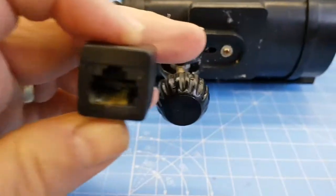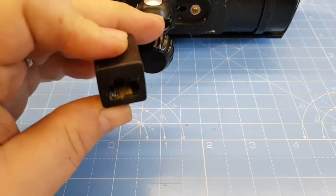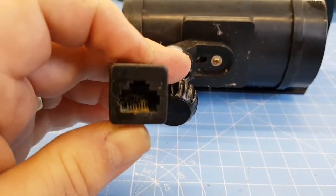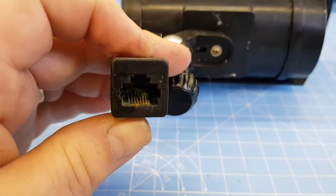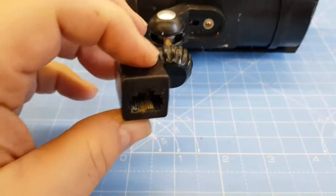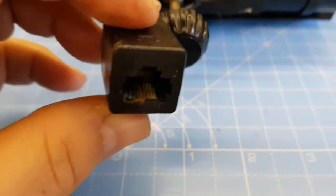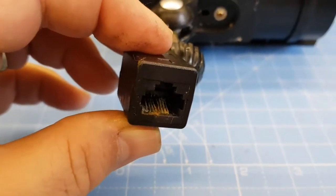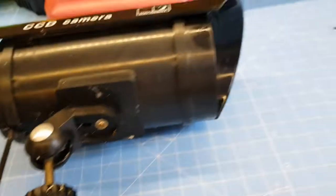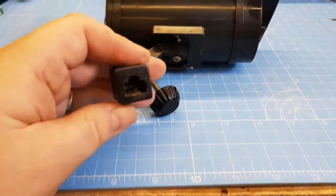And you can see inside the socket, if I can get this to focus, see all of the corrosion in there? Yeah. I think I've caught this in time. This happened before last year, and the socket pins just completely disintegrated inside. But these look a little bit corroded, but they don't look too bad, so I might be able to get away with this. All I'm going to do is just clean inside